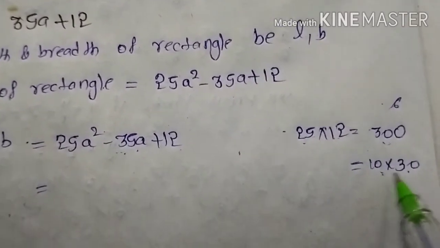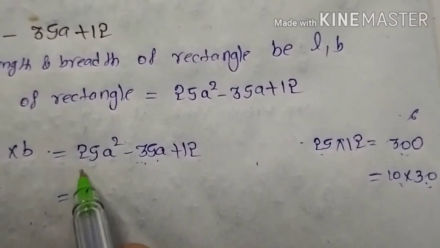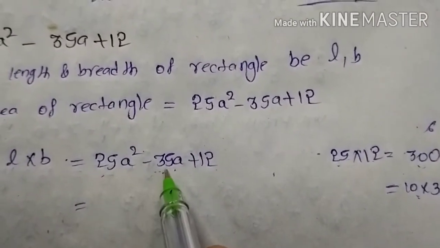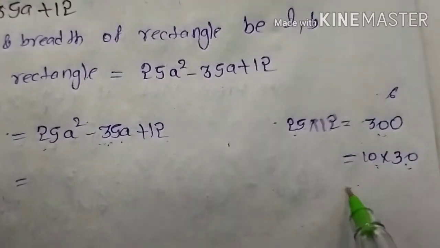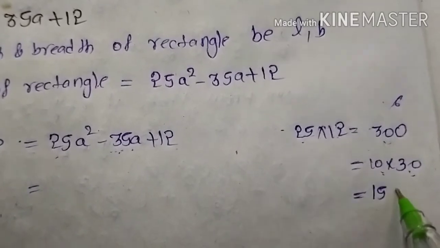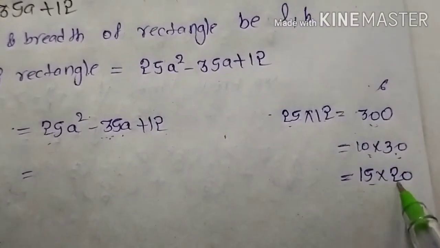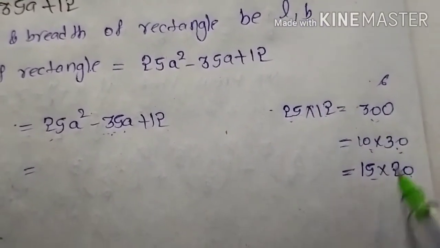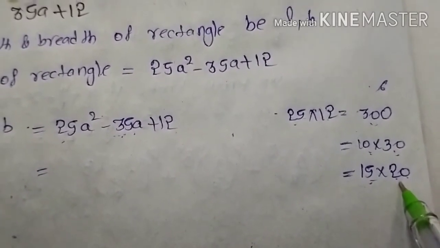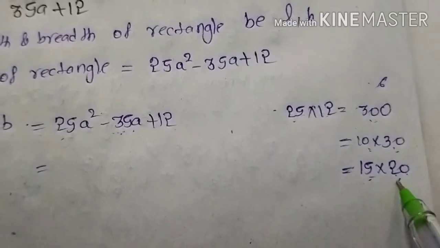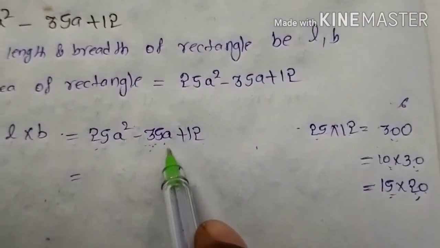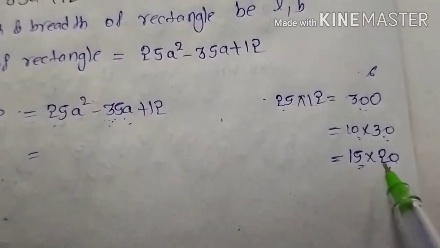But you can see 10 plus 30 is how much? We are getting 40. But here how much? Minus 35. See, one more chance. We can see here 15 into 20, that means 300. That means you can see 15 plus 20 is how much? 35. Yes or no? You can write here 35. But you can see here it is plus 35, minus 35, minus 35. So that you don't take this one also.